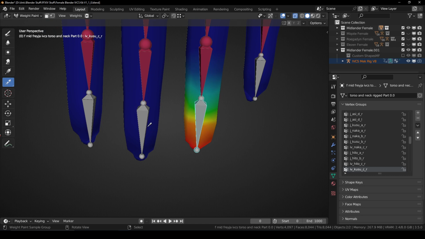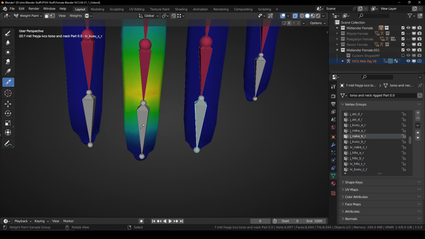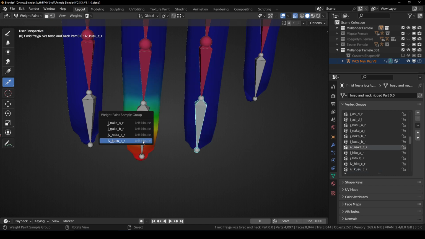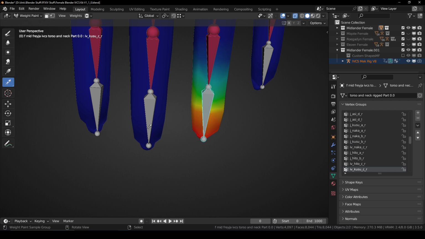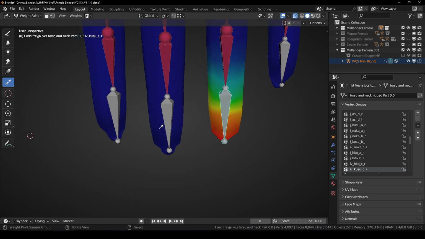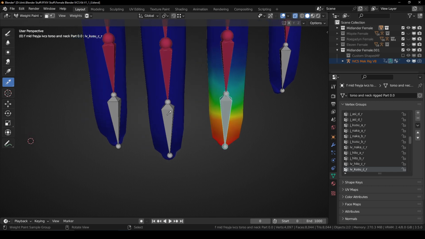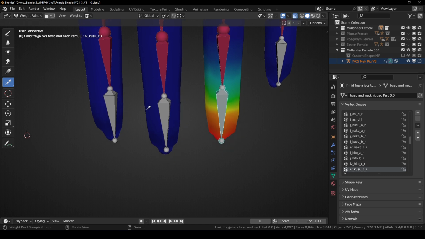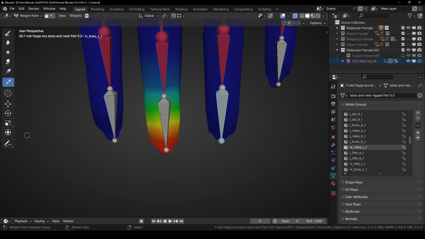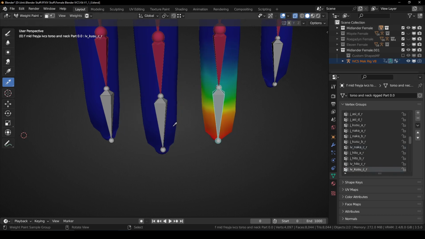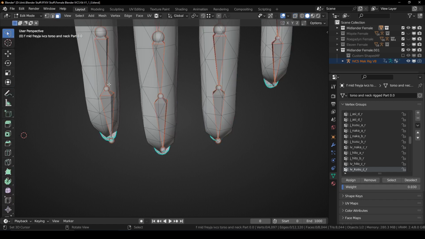So while I was clicking on this part, it selected a bone that was on the other side, and I would be like, okay, I don't want that to happen. So one of the things that I could do to fix that is, while I'm selecting like this, it's automatically selecting my vertex group. And something that I don't see anybody really realizing is if you go into edit mode,